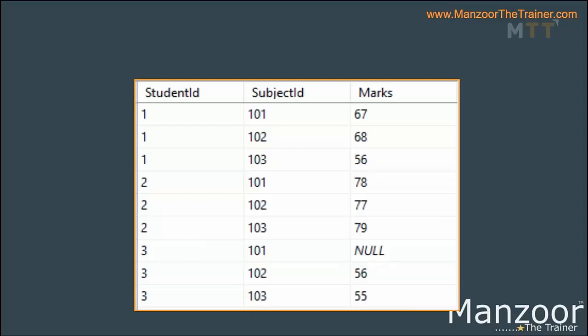What is the problem in this? We have the same student ID three times. So a student has 3 subjects, 101, 102, 103, and their marks we are maintaining.